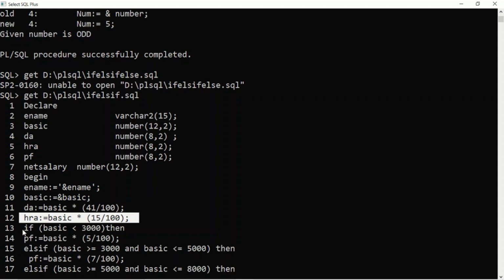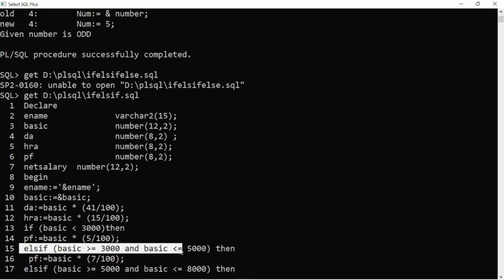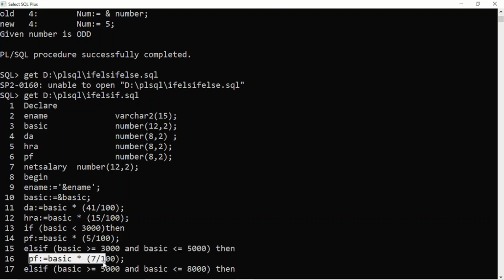Then we'll calculate PF, but it is based on various criteria. If the basic is less than 3000, then PF will be 5% of basic. Otherwise, else if basic is greater than or equal to 3000 and basic is less than or equal to 5000, in that case PF is 7% of basic.